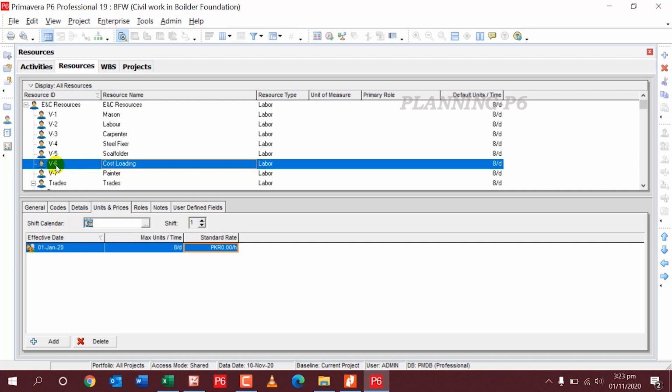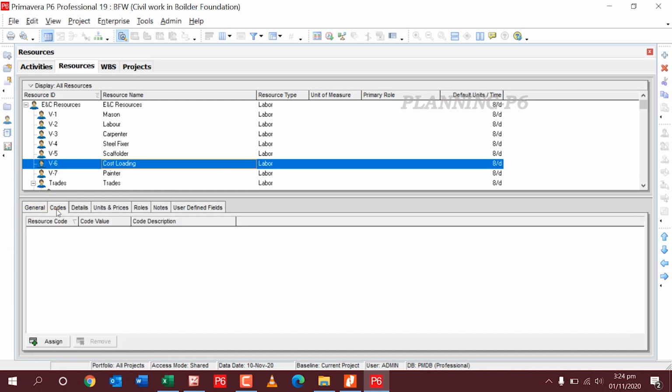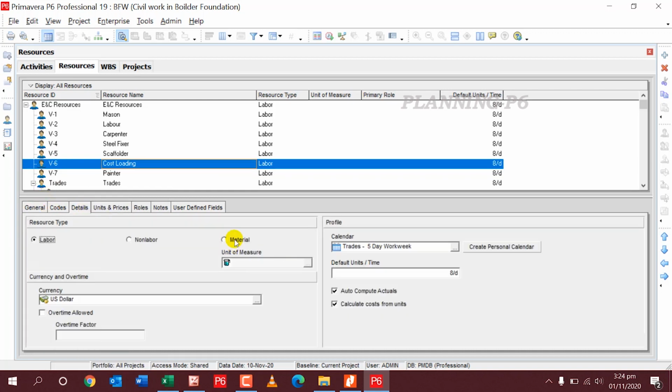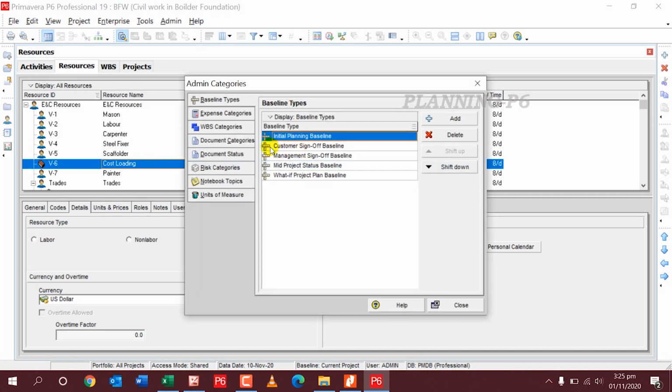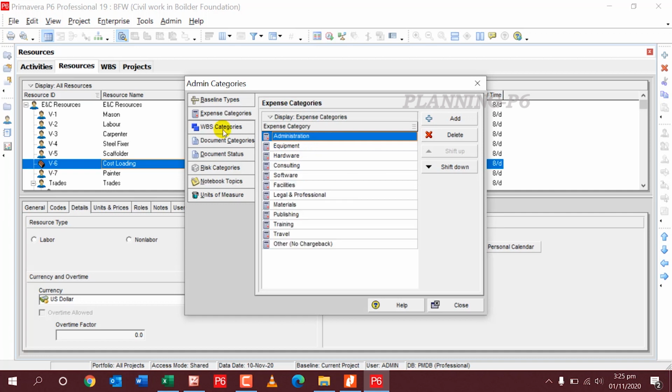I will change this resource, in details, I will go for this resource as a material resource. This one is a cost loading resource material. I will specify a unit to it. Here in the unit of measure, I will add a unit PKR.